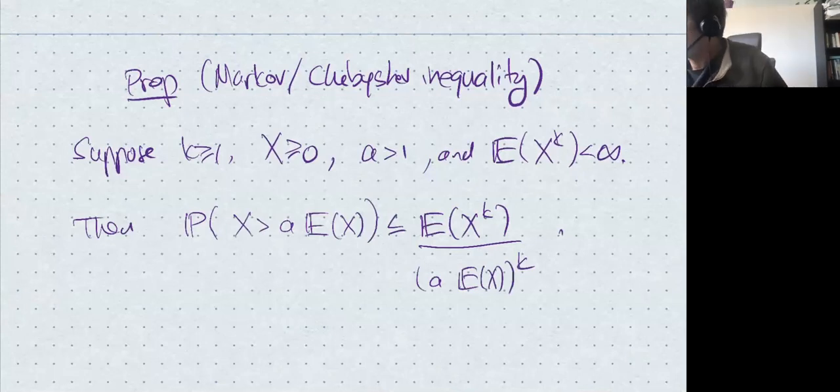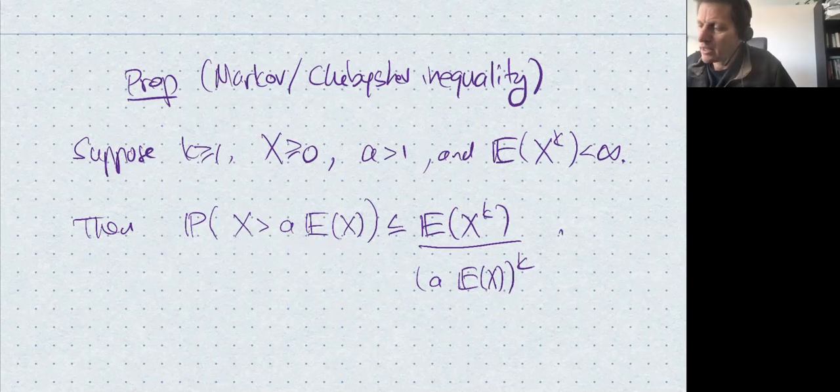Sometimes when k is 1, this is called the Markov inequality, but anyway the proofs are always the same, so it doesn't really matter. Sometimes people distinguish cases and call some things after Chebyshev and some things after Markov. So let's look at this and see what it's telling us. The expectation is the average value. We're increasing the expectation, so this is a value larger than the average, and the inequality is giving us an upper bound on this quantity. It's showing us that it's not likely that you go much higher than the average.